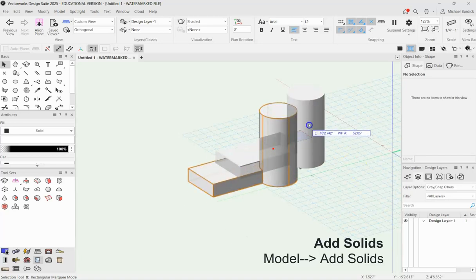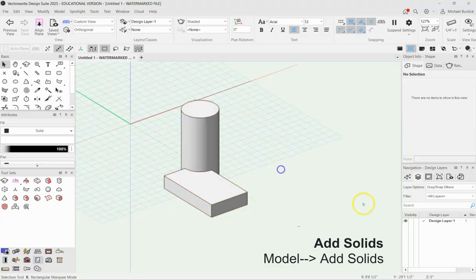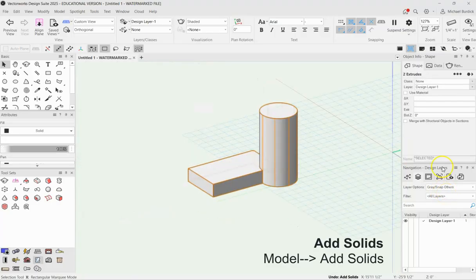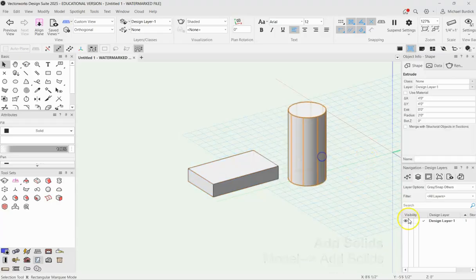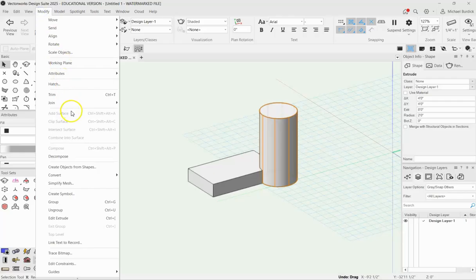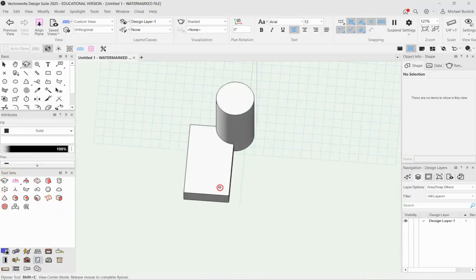Now these are one object. They're tied together. Control Z to undo that. So that's essentially the same thing as add surface. We're simply grabbing these two objects and adding them together. Where it gets interesting is going to be in